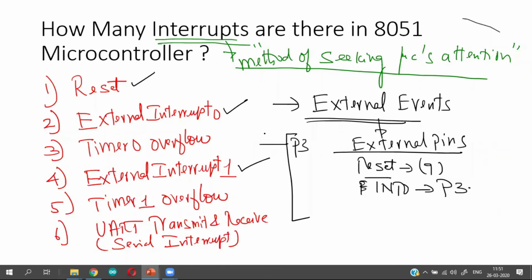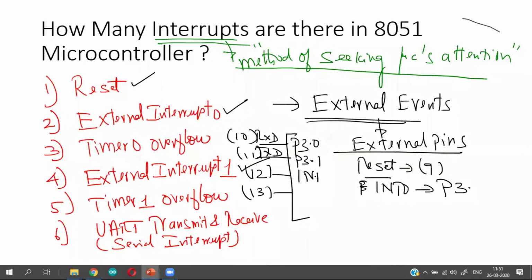Parallel port 3.0 is the receive data of UART. 3.1 is transmit data. This is pin number 10. This is pin number 11. If you remember, pin number 12 and pin number 13 respectively,